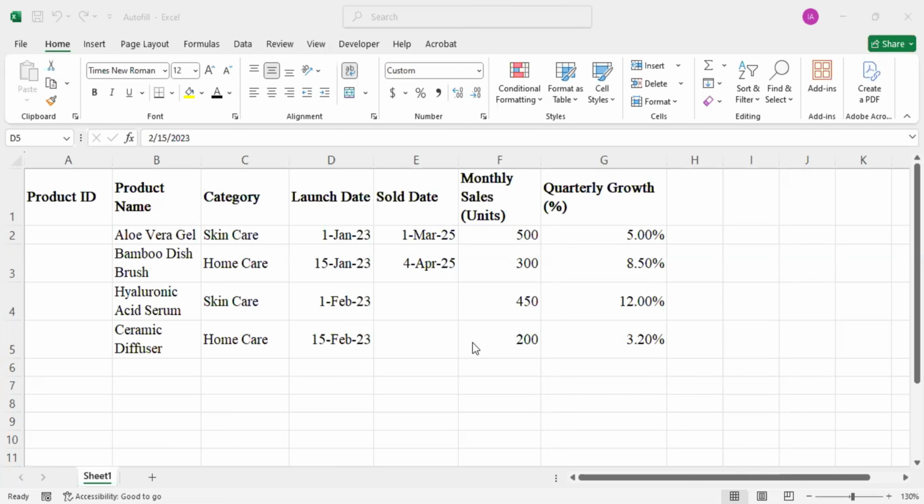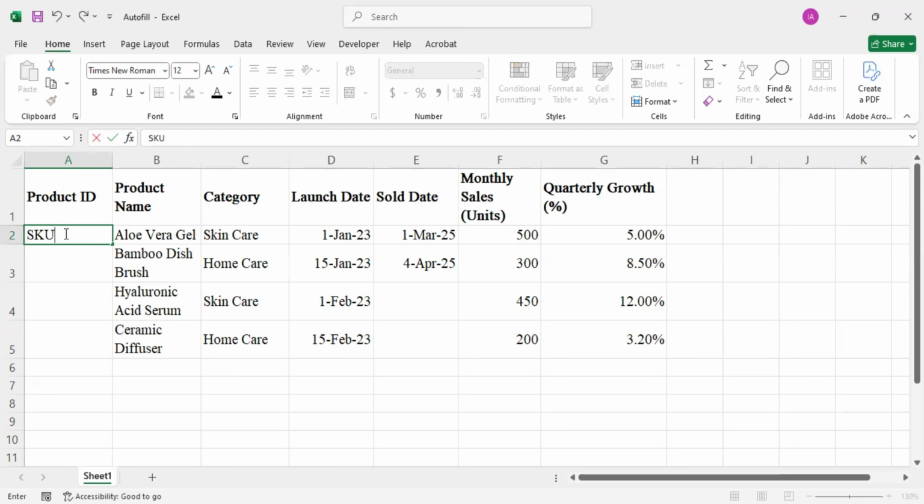Today, we'll be discussing how to automatically populate data with autofill in Microsoft Excel. Let's begin with the basic autofill, that is the drag and drop patterns. We'll start with the product ID here. So let us input the first product ID and we'll say SKU